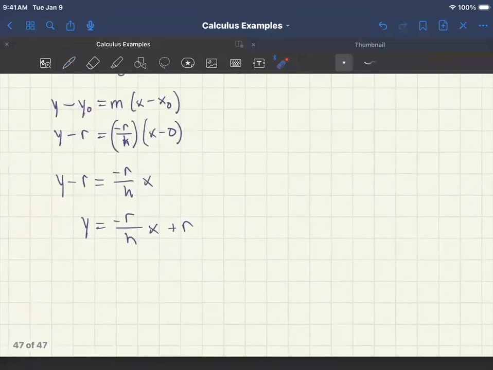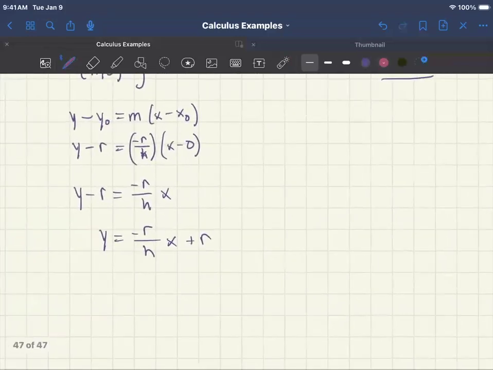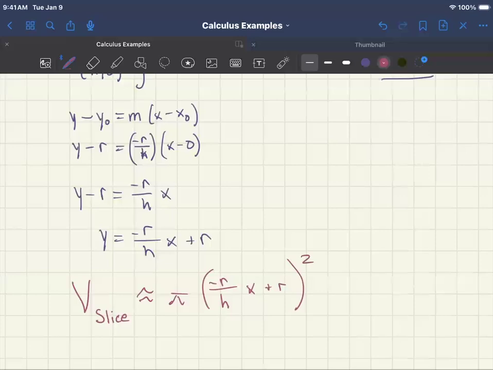So if we pop that back into our equation, the volume of our slice is going to be pi times negative r over h x plus r, squared, change of x. So there is the volume of our slice, and then we are going to put this together to get the